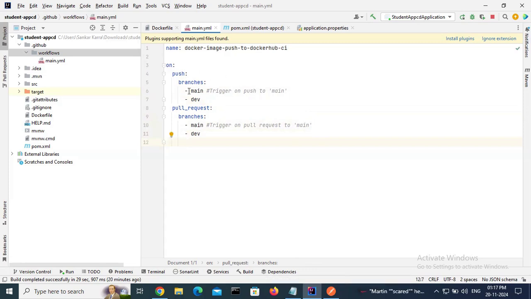So on push branches, if someone pushes, see, on pull request branches, if a pull request is coming, then trigger on pull request to main, trigger on push to main. So if someone pushes to the main branch, it will trigger. This whole flow will trigger. So this is done, right? One space. After that,